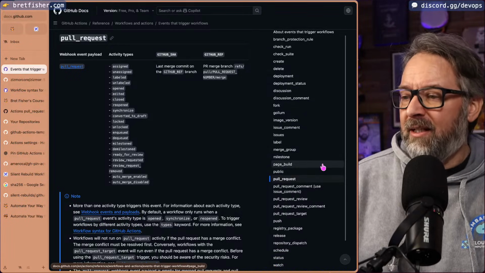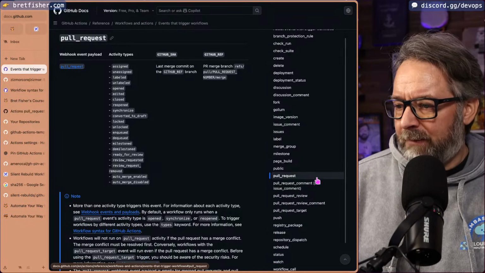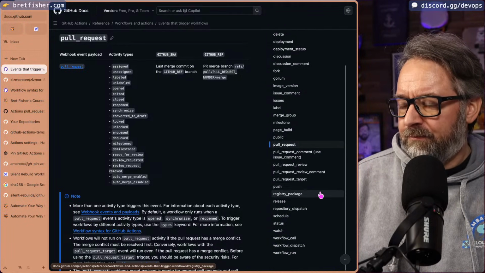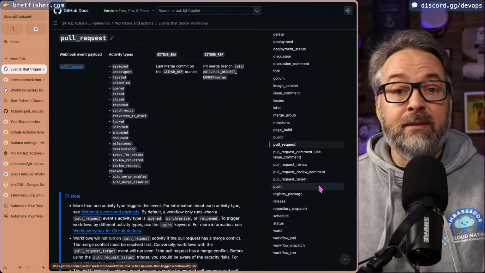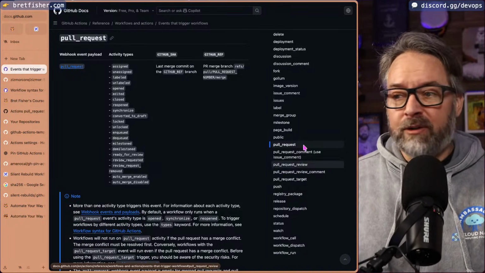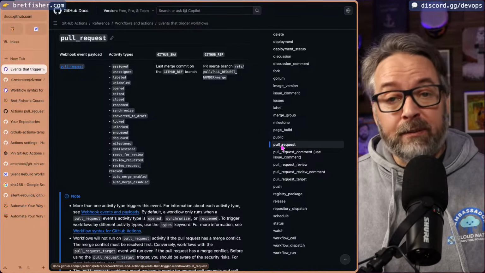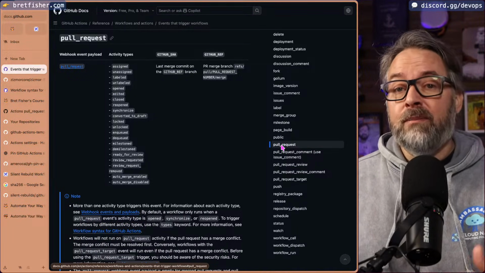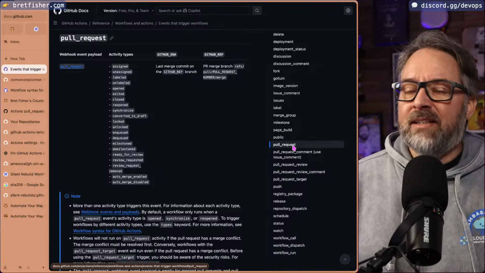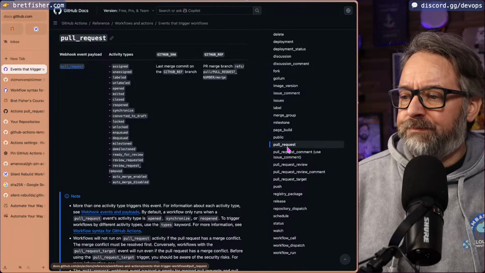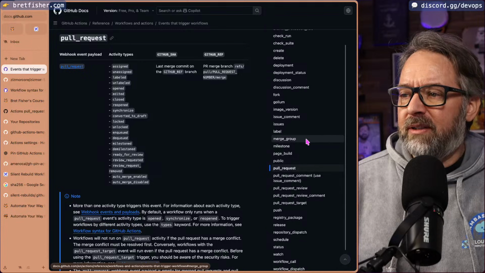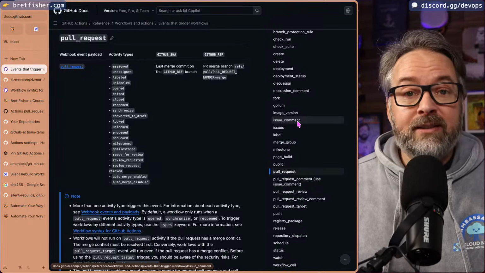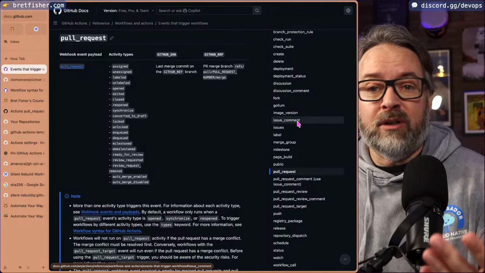Pull request for me by far is the most common. A push is often used, so push to any branch, not just to a pull request branch, but pull request means create a pull request, push to a pull request, push a new commit in the pull request. That's all under the pull request event. But you've got other ones that are sort of self-descriptive around an issue comment. If someone adds an issue comment, run this